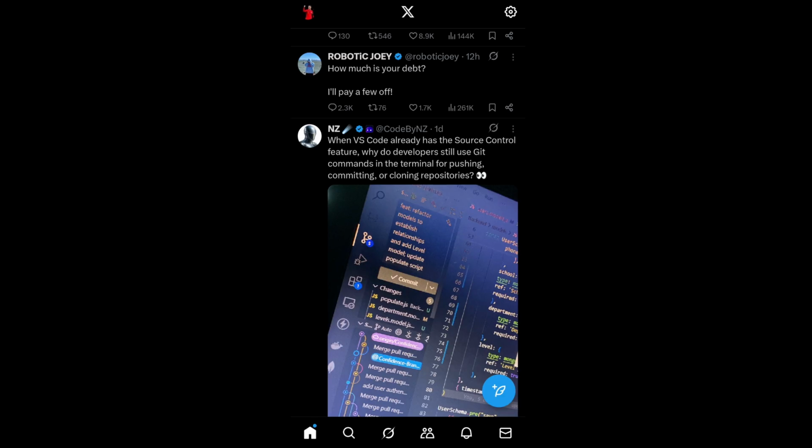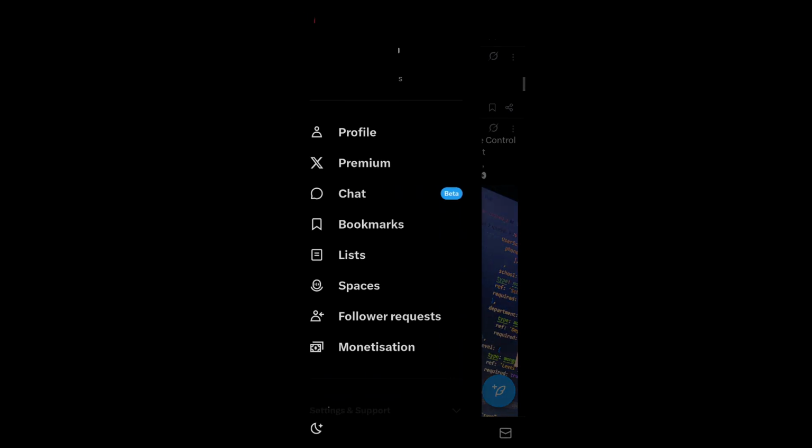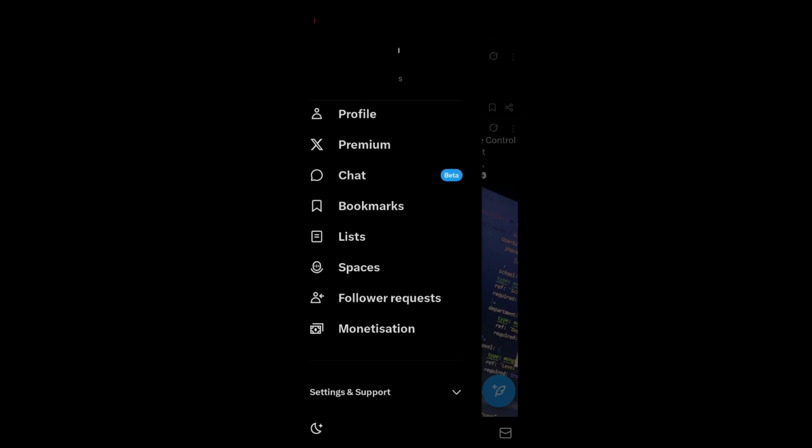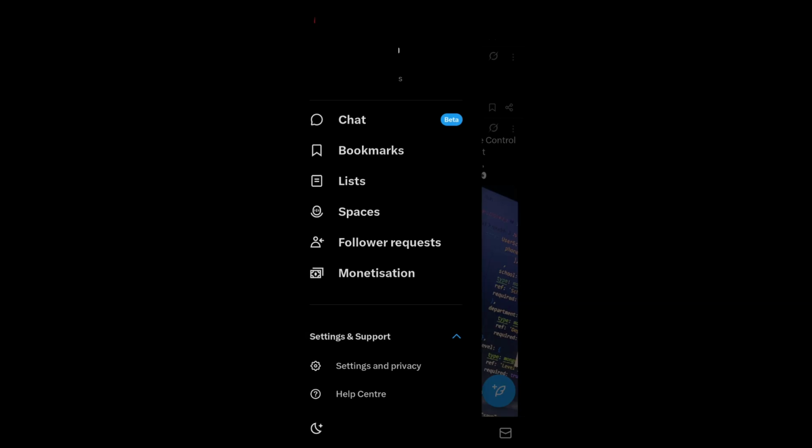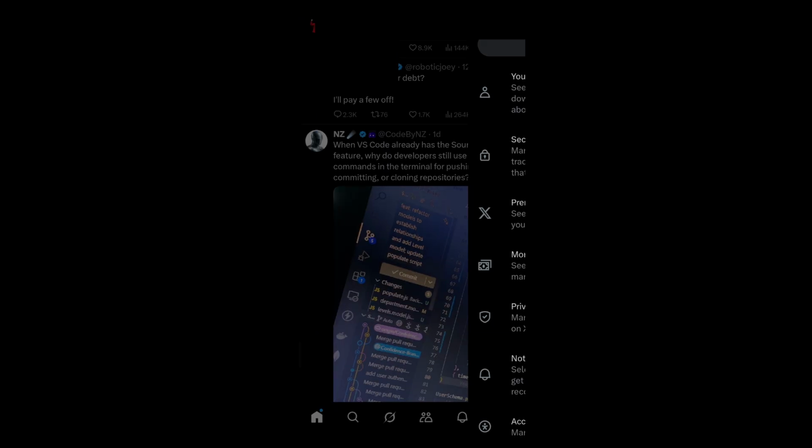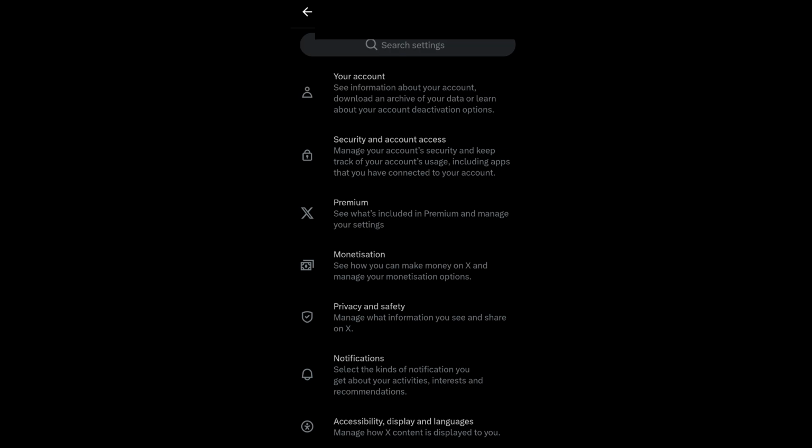So let's get started. First thing, just come into the home interface of your Twitter app, and at the leftmost top you have the profile icon. Click it, and here if you scroll down we'll have settings and support. Select this and we have settings and privacy. Click it, and here we have your account. Click that,